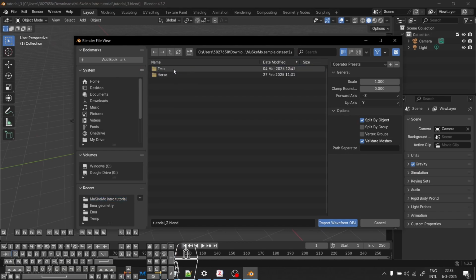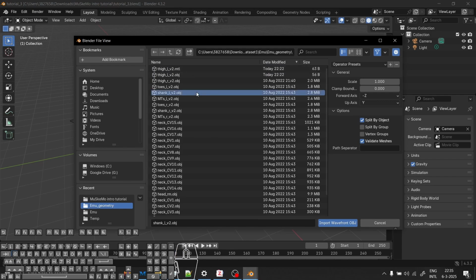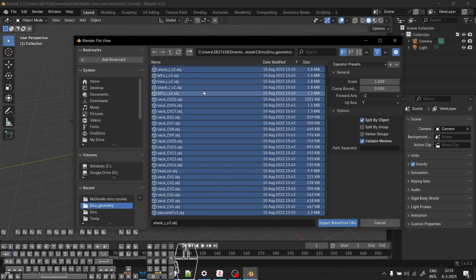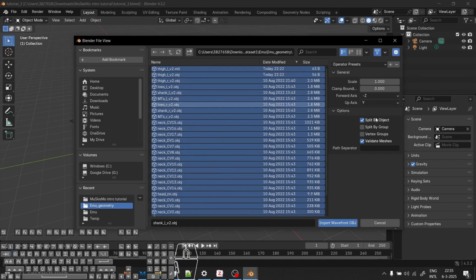The emu data is in the emu folder, obviously, and we're going to press emu geometry, then select 1 and hit A. This selects the entire folder, and we want to hit split by object. We want to turn this off. And if we import it just like this,